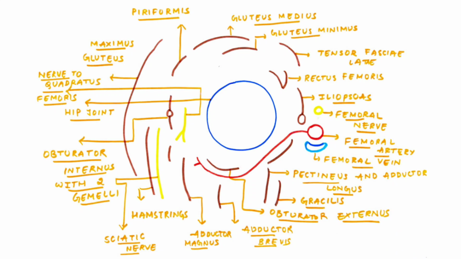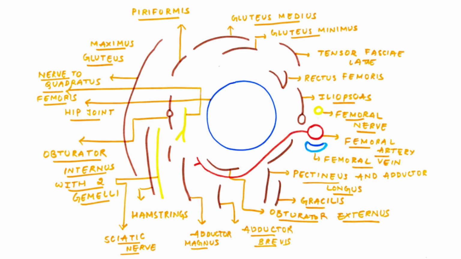So the first one is femoral triangle and the structures present in femoral triangle, that is femoral nerve, femoral artery and femoral vein. Apart from this, we have some muscles which are basically forming the floor of the femoral triangle, which is iliacus and psoas major, that is iliopsoas muscle. A bursa is present between the iliopsoas muscle and the hip joint. So these are pretty much the anterior relations of the hip joint: femoral nerve, femoral artery, femoral vein and the iliopsoas muscle.